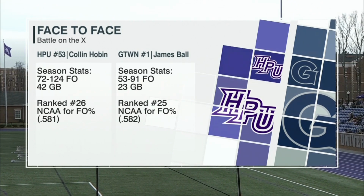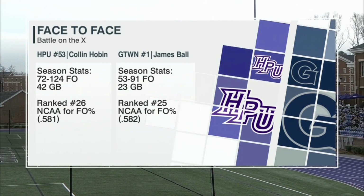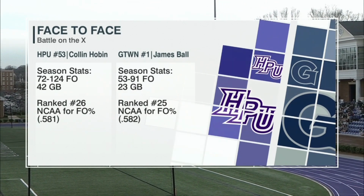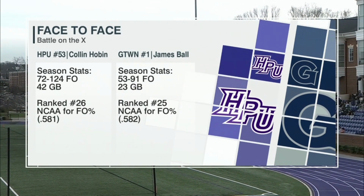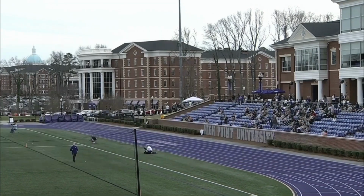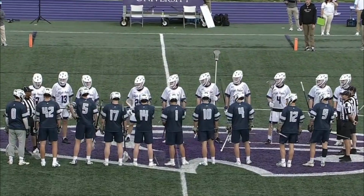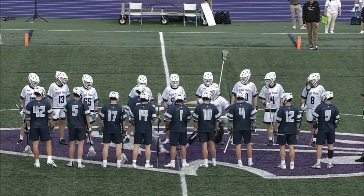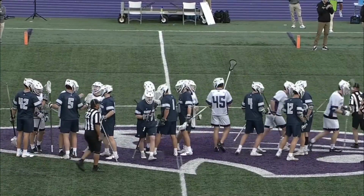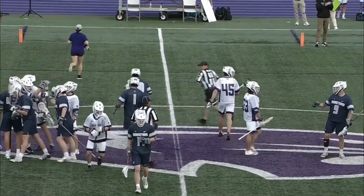And James Ball is an all-around threat at the faceoff X. He can win it out to himself. He can take it down the field and score. He's a huge threat offensively. And when you look at the Panthers' Collin Hoben at the faceoff X, that big number, 42 ground balls for Collin Hoben at the faceoff X, as he gets ready to help lead the charge for this Panthers